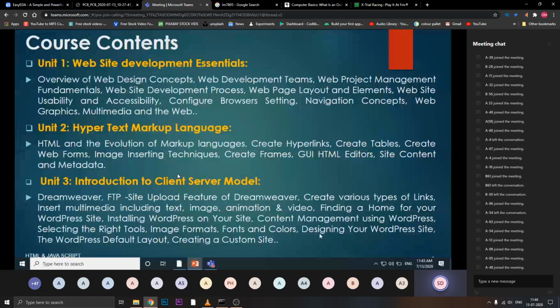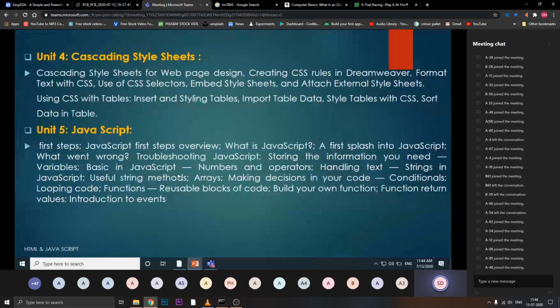The next unit is based on cascading style sheets. Now here you are dealing with new kinds of words: cascading means what, style means what. You have handled different types of websites, and you are handling different apps in mobiles also. Whatever websites are available on the desktop machine, similar kinds of web apps, Android apps, are also available on our mobile.